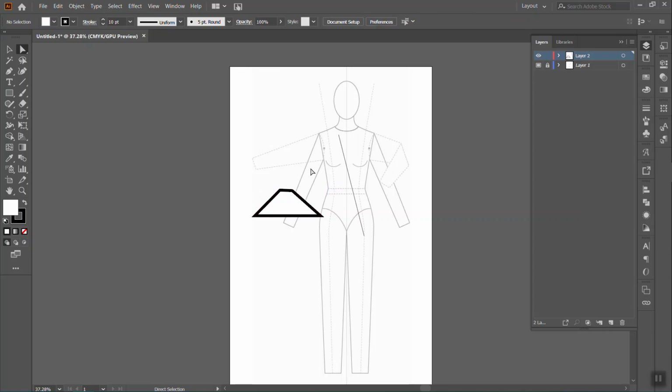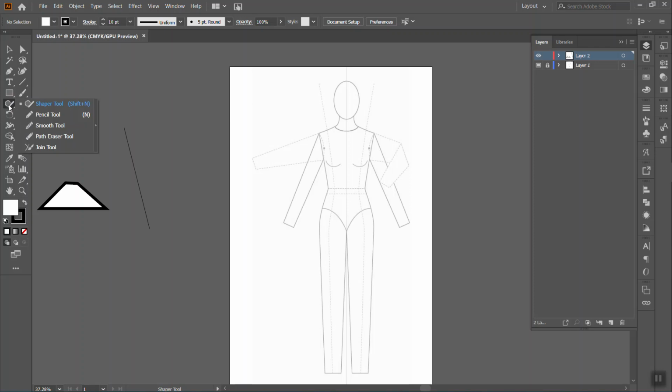So I'm using my mouse right now, but since we're focusing so much on the Wacom pens and drawing with them in Photoshop, I wanted to address first how to draw with the Wacom pen, which isn't how I normally intro flats, but I think it'll be worthwhile. I'm using the same screen that you guys have at school, and I'm going to choose the pencil tool. The pencil tool is probably hiding under the shaper tool, and the pencil tool is what is going to allow us to draw